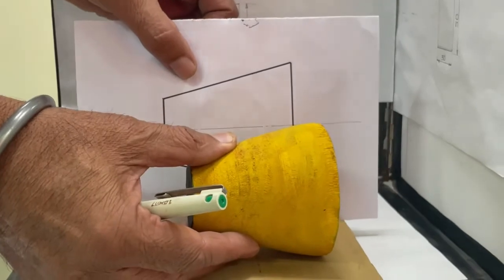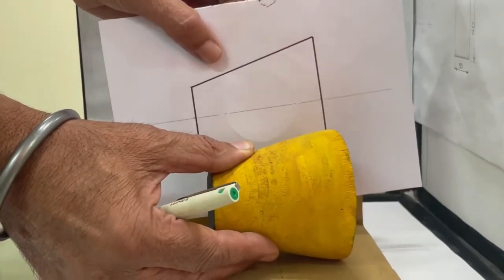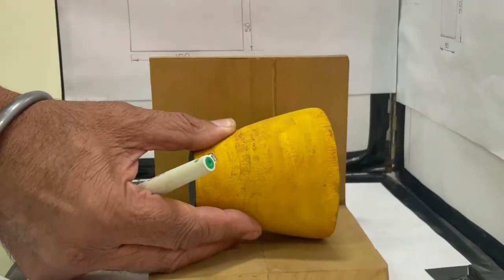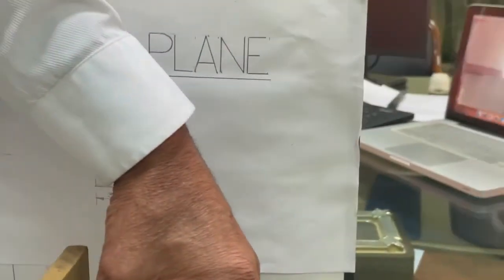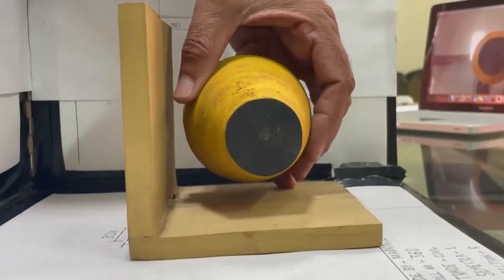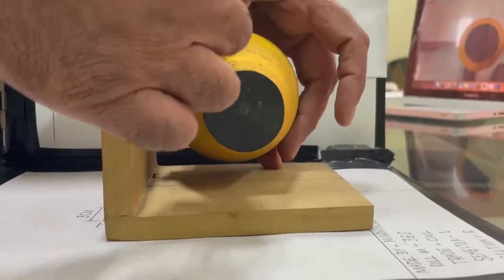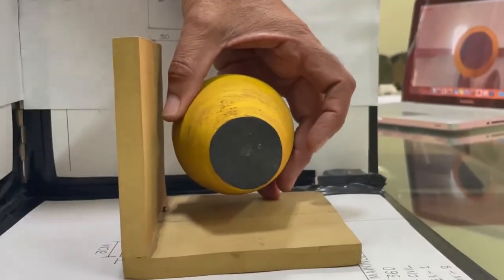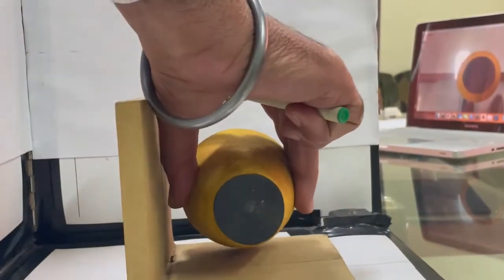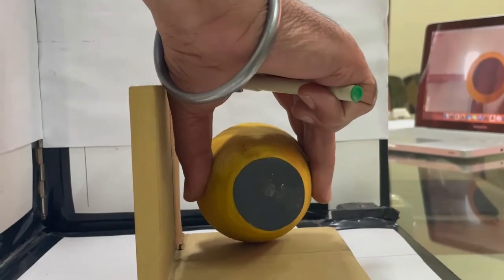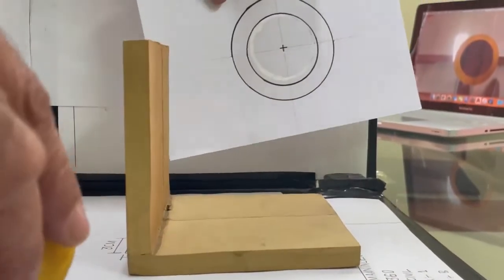Then you turn to the left hand side. Come to this left hand side, what will be its image? Now if you are observing this object from the left hand side, its view will be this circle and this one circle. It is black, this is yellow. Then its image will be like this.